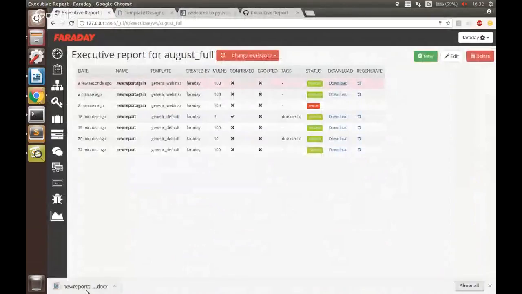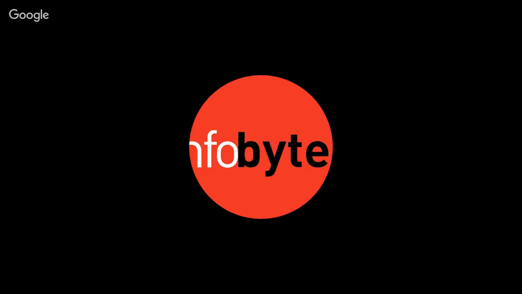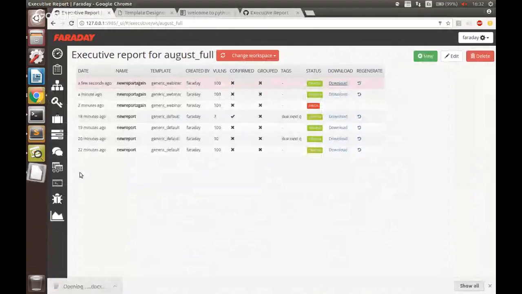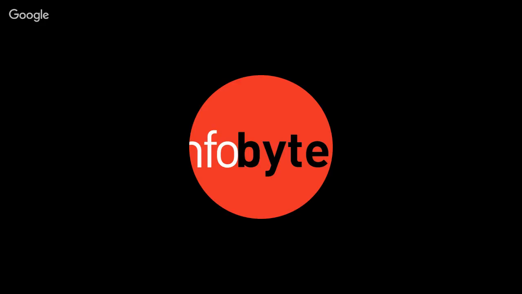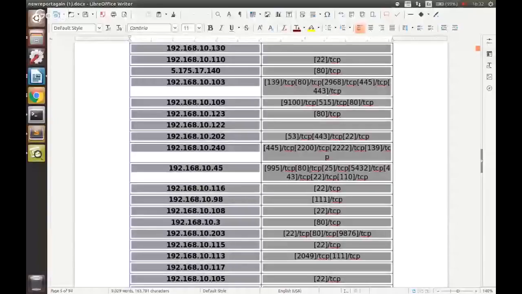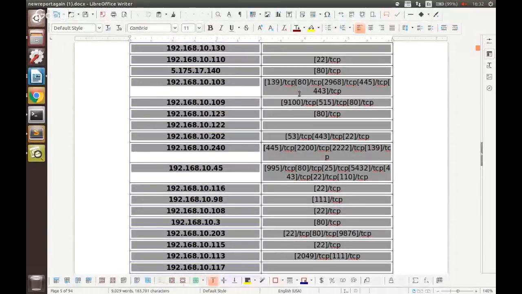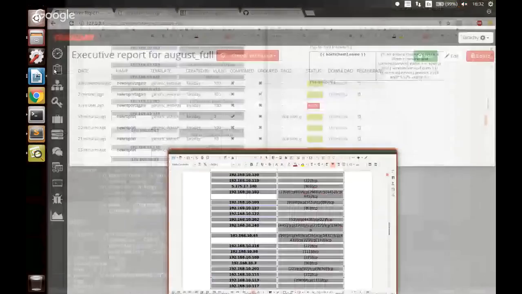Well, not that fast. There you go. There we have it. IPs and open ports for each and every one of the IPs for our project, and the given ports that are open for that IP. See here, I deleted all of the blank spaces, but you can put them in your template, and this is not going to happen. What you can also do is use one of Jinja's filters. Let's do that. We'll use a filter